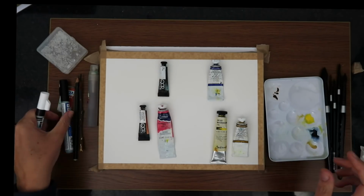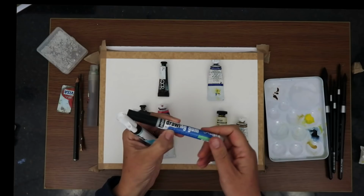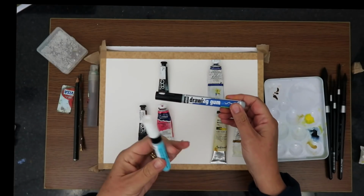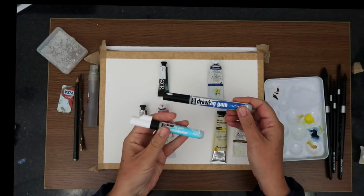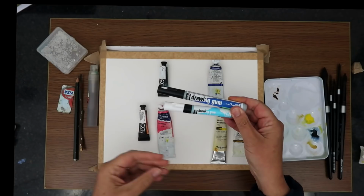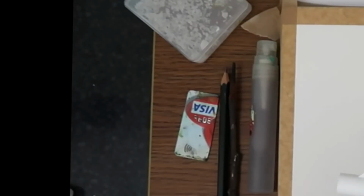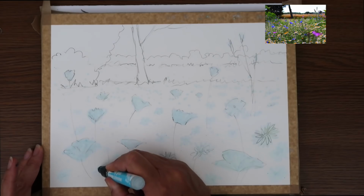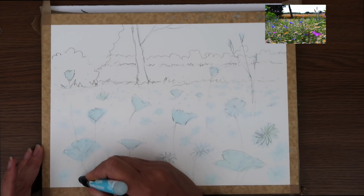I'm also going to be using some masking fluid. I'm actually going to be using the masking pens. I've got the 0.7mm and the 4mm masking pens, but you could just use masking fluid out of a pot. I will also be using my TWIG, bit of plastic card and an HB pencil. I'm using watercolour paper that's 9 by 12 inches. It's a hot press surface and it's a block pad, and I use these pads because they stop the paper